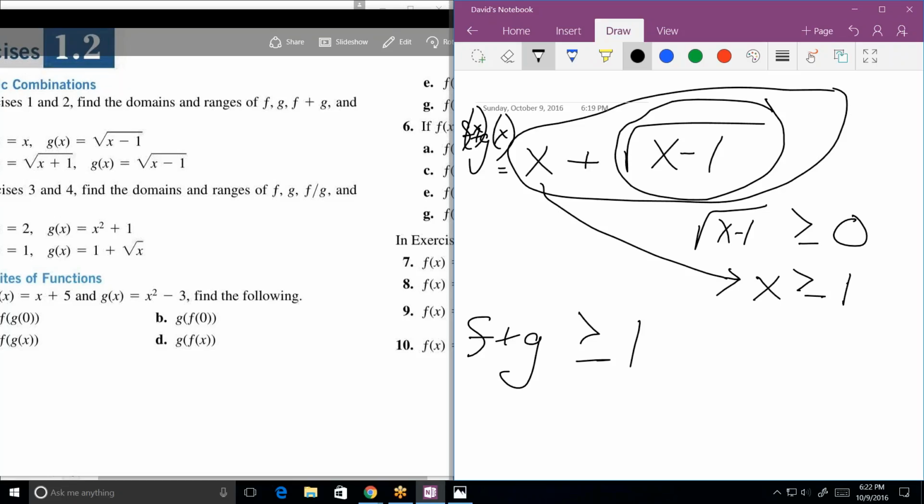Could it be 2? Yeah. I can figure out a value for x that the combination of these two things equals 2. Can it be a million? Yes. Can it be a billion? Yes. So the only restriction on the range is on the downside. It has to be at least greater than or equal to positive 1. Okay. And since this is always positive,